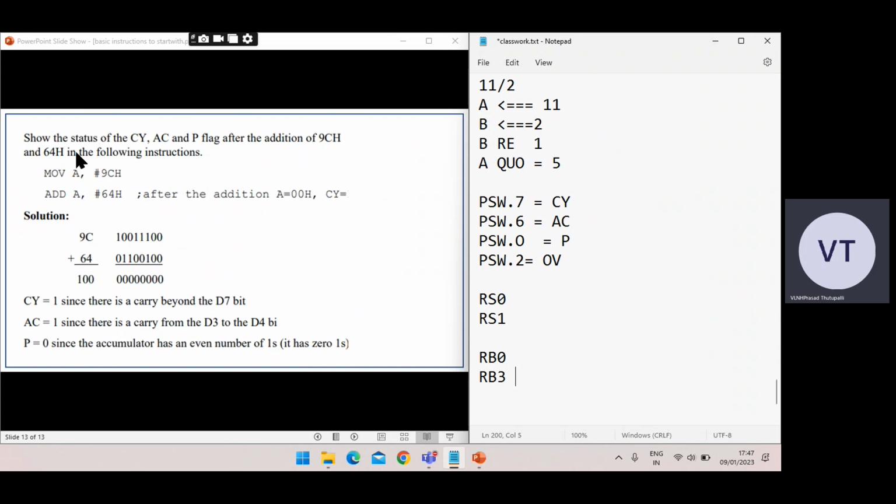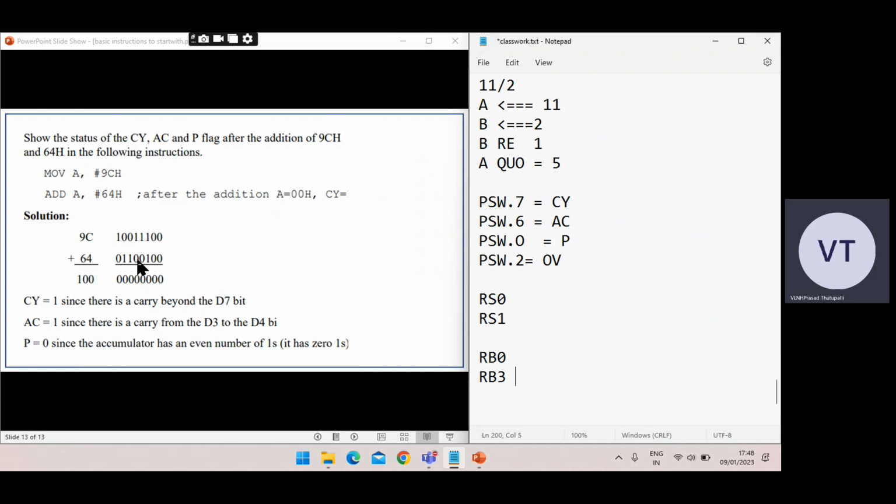First we try to understand how the carry, auxiliary carry and parity flags will get affected, how they will change. So show the status of the carry flag, auxiliary carry flag and the parity flag after the addition of 9C and 64. You take 9C and 64. 9C means 9 is 1001, the binary equivalent of 9. The binary equivalent of C is 1100. The binary equivalent of 6 is 0110,